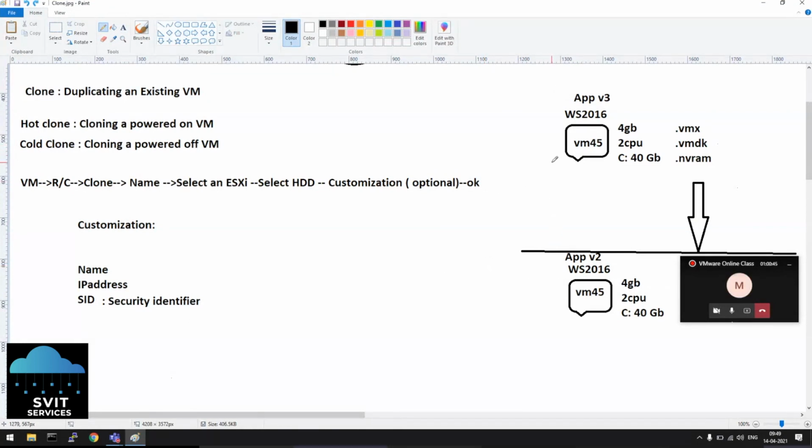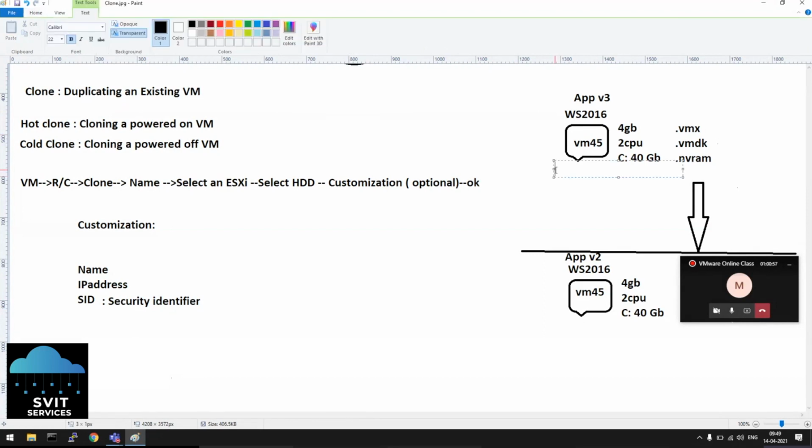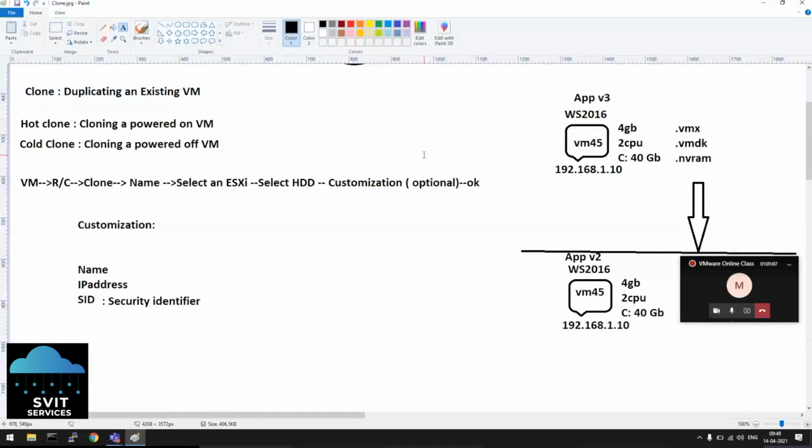Any other problem? Say you want to shut down this computer, and you are using this IP address to connect. The connection could come to either machine, because this machine also has the same IP address, the same network address. We will discuss this network address later, don't worry about it. Let's say 1.10. Both are connected in the same network, and you want to connect to this machine.